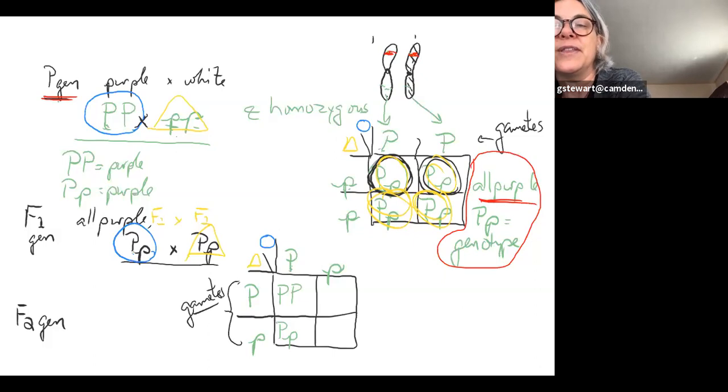What about if this pollen grain finds this ovule? Now, even though the lowercase p is on the top, we don't put it first in the box of the zygotes. We always put the capital letter first. So I'm going to put first the capital P and then the lowercase p. And then what if this sperm meets up with this egg? I would have 2 lowercase p's.